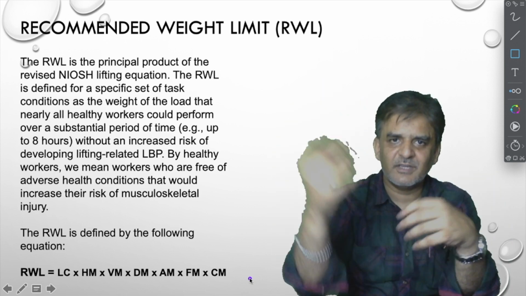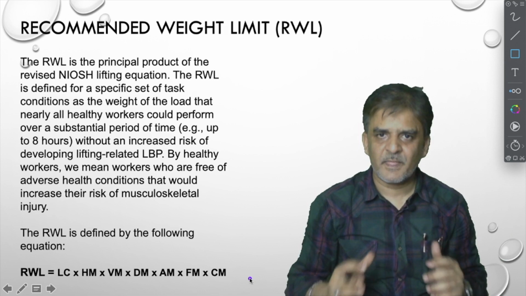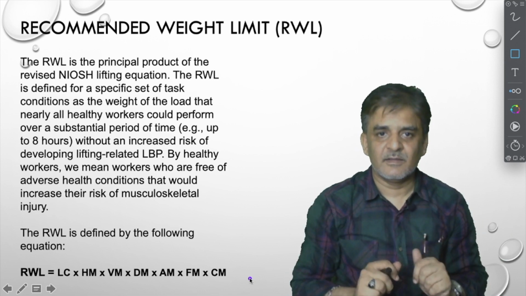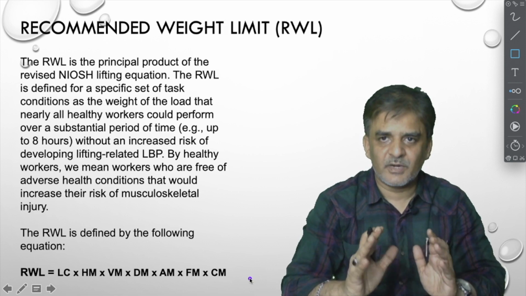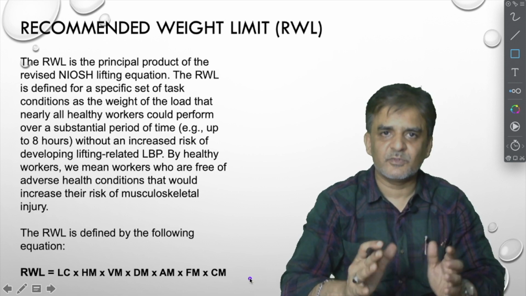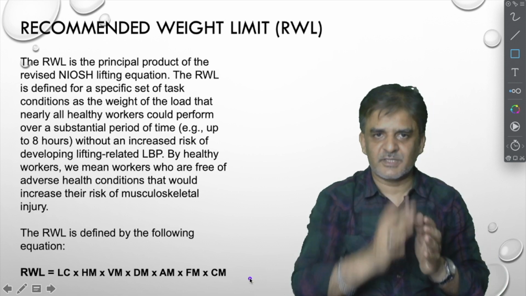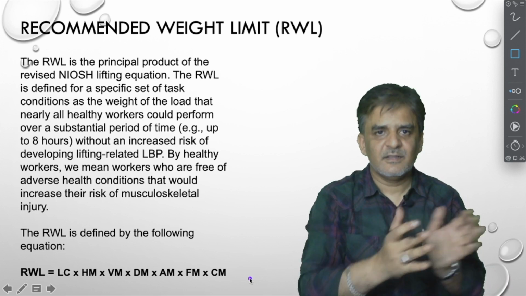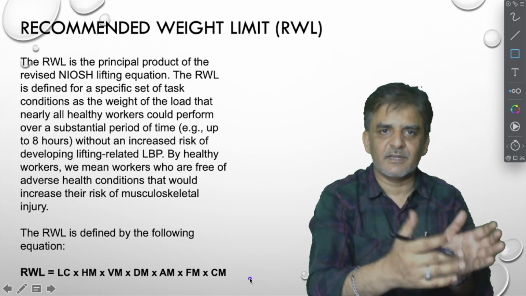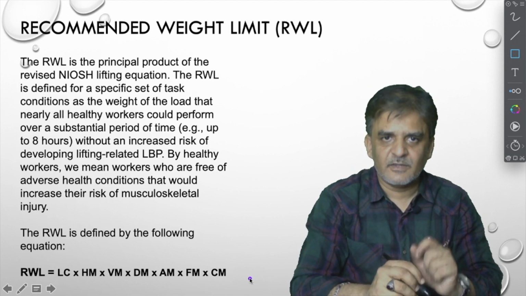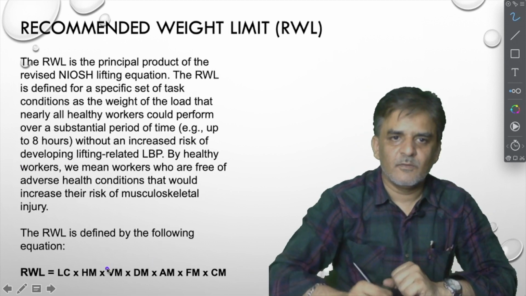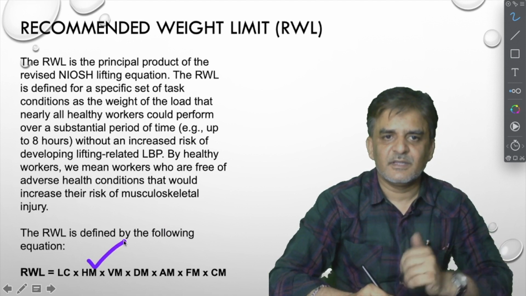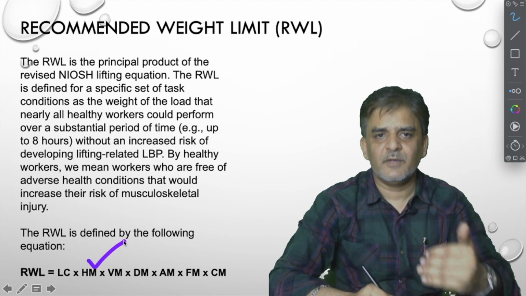These variables are depending upon the origin, destination, body posture, body asymmetry. So whether the body is twisted or not, we have to see. This is with respect to the center line in the sagittal plane, or how much angle the load is making with the sagittal plane. That is twisting. So that is asymmetry. One is horizontal multiplier, depending upon the distance of the weight with respect to the body